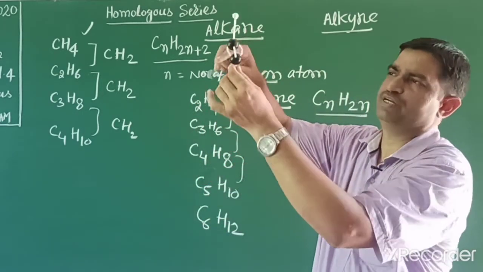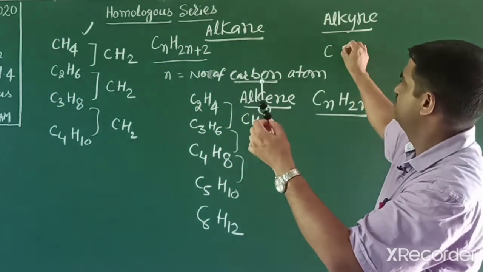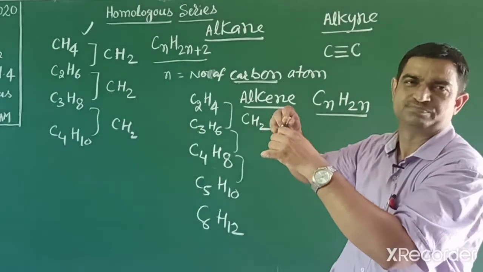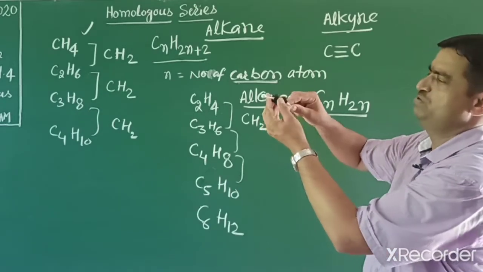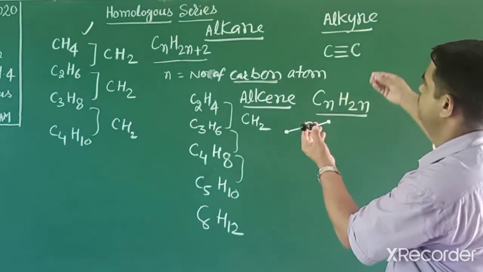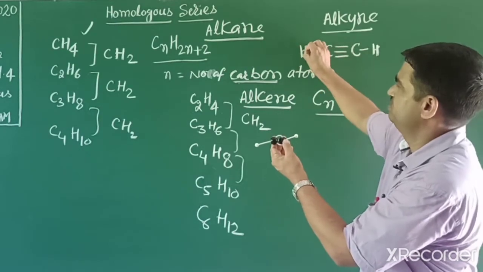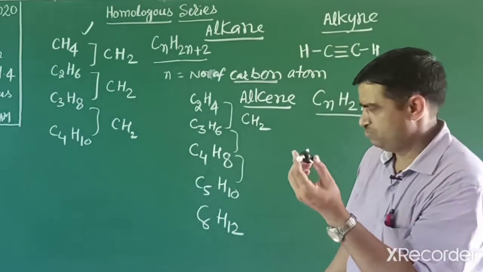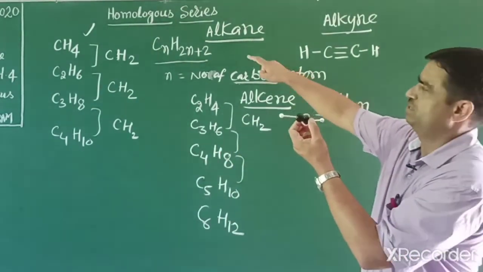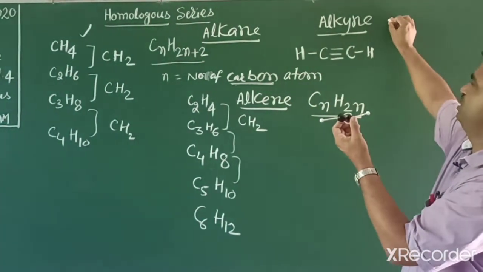In this way, students, we can represent the triple bond. At least 2 carbon are needed, because a single carbon cannot make a triple bond. With 2 carbon, we write their valency, only 1 hydrogen each. This one is the first member. So what will we change in the general chemical formula of alkane, alkene and alkyne? Alkyne general formula, how can we write?